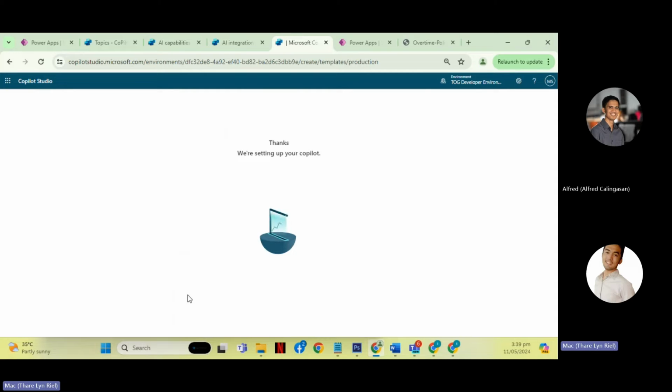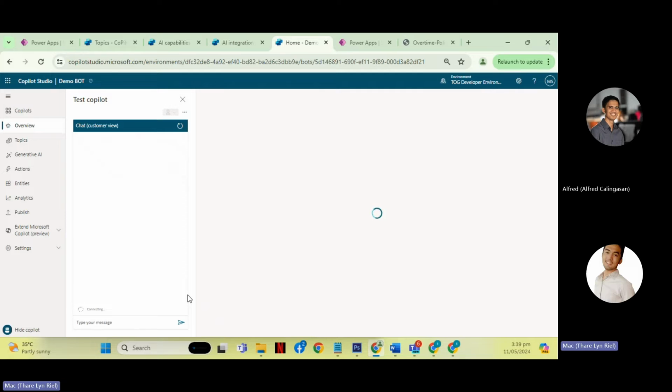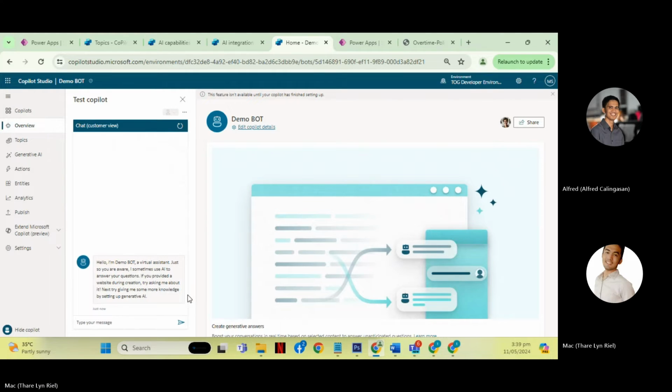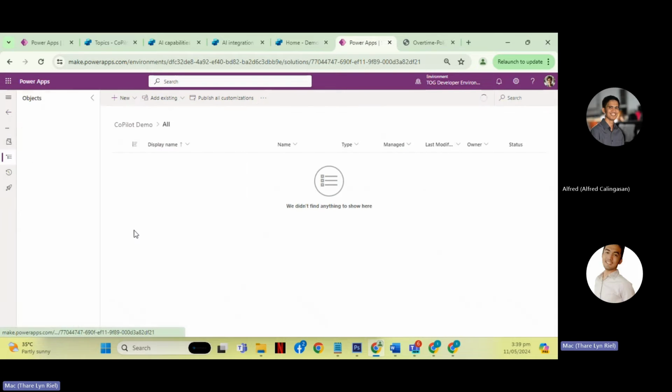Once you click create, it will provision the Copilot. As you can see, you still need to wait a few minutes before it is finished. If you're going to check the Copilot demo, refresh this.